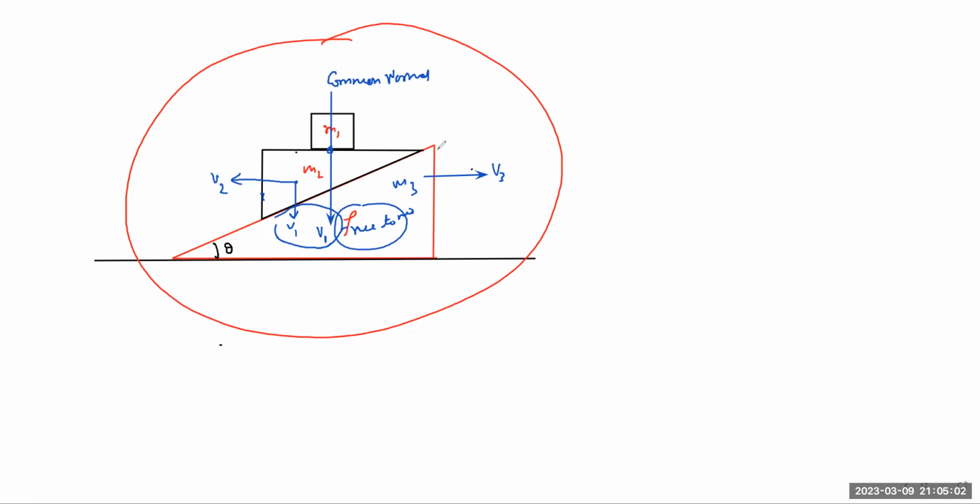If you think about the whole, you will realize that there is no horizontal force. So for the whole system, Fx is 0, which means the momentum in x is constant. And in the x direction, only two masses are moving. Which ones? M2 and M3. So M2 V2 is equal to